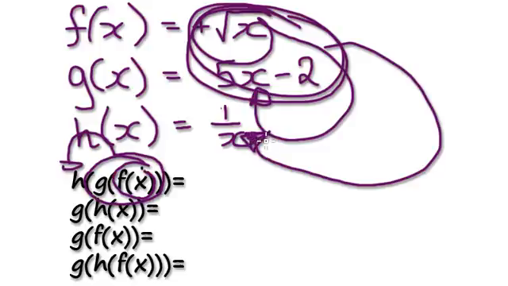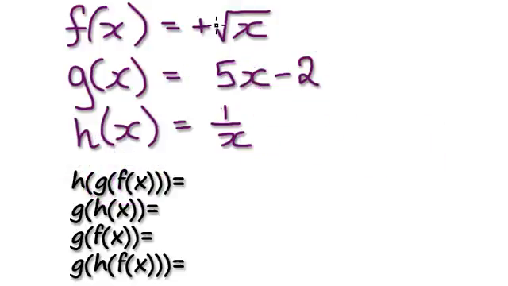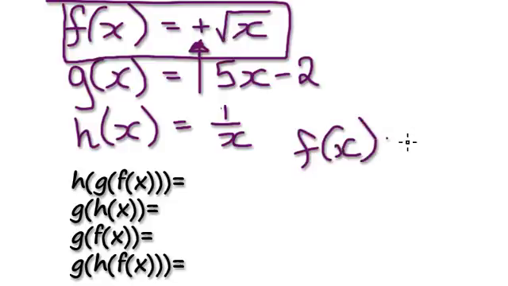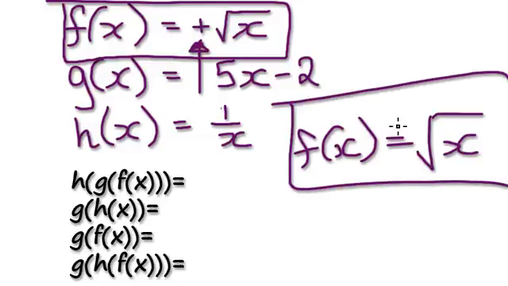Just a note here on f of x. You definitely need this positive here in order for it to be a function. This here is not a function: the normal square root without the positive sign cannot be a function because